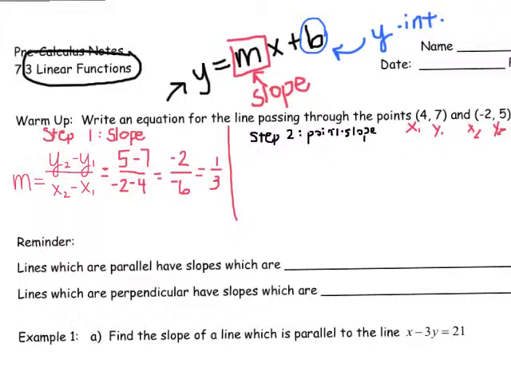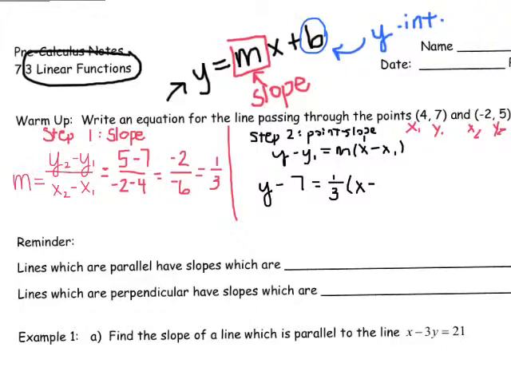The point-slope formula is y minus y1 equals m times (x minus x1). I've already labeled y1 as 7 and x1 as 4, and my slope is 1/3. So y minus 7 equals 1/3 times